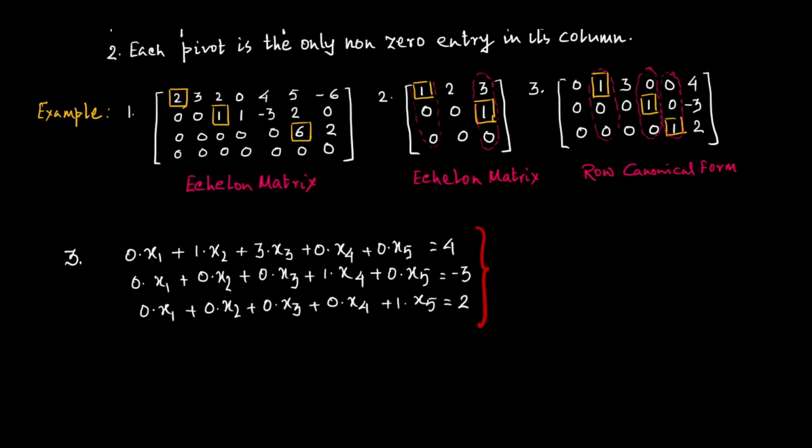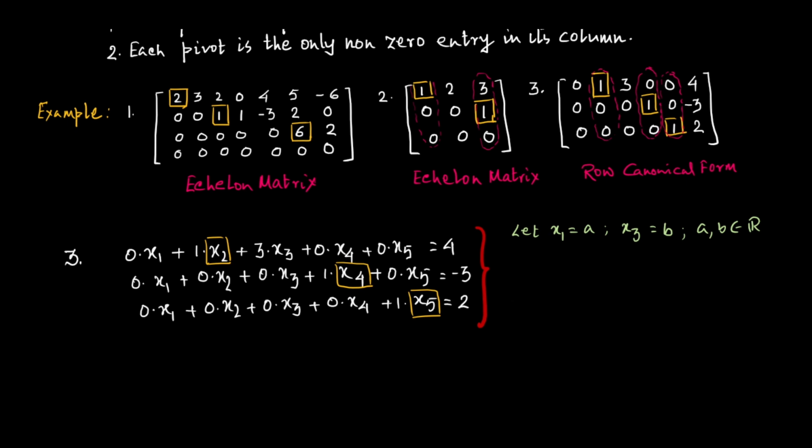Now, solving this equation is pretty simple. Here you can understand that my pivot variables are the corresponding variables of the pivot elements of the matrix. That means x2, x4, and x5. These three are my pivots. So the free variables are x1 and x3. So I can assume that x1 and x3 are taking two arbitrary values, say a and b, where a and b are any real numbers, the parameters.